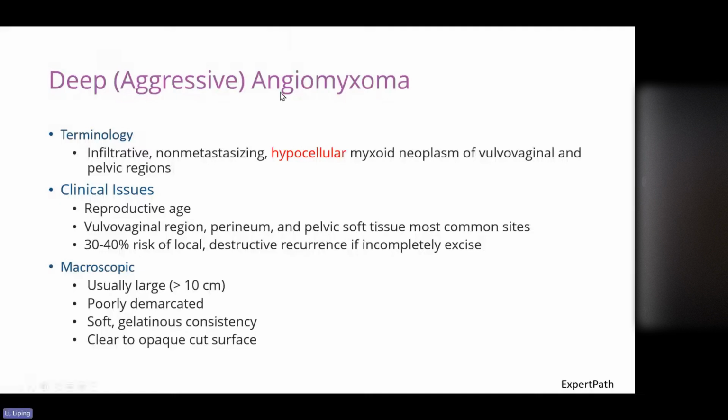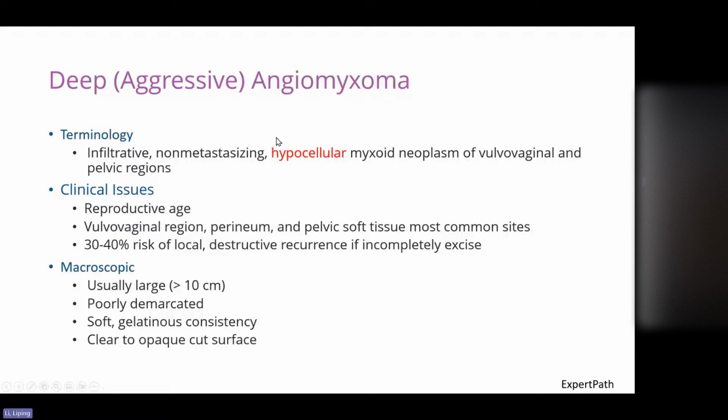So our first entity is deep angiomyxoma, aka aggressive angiomyxoma. Even from the name, we already know the location should be deep. And then there is another word, aggressive. That means this tumor may infiltrate into the tissue. And then we have angio, that means blood vessel, myxo, that is the myxoid stroma, and then forming